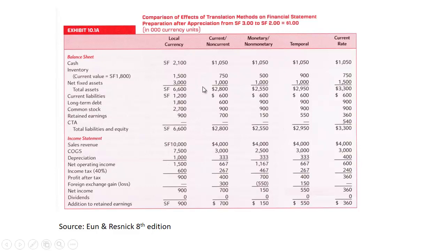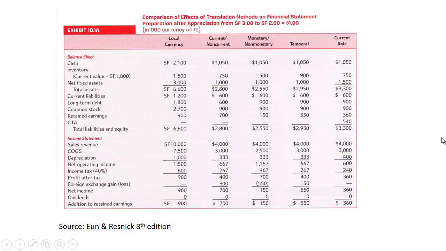So you can see, and here the fixed assets are all converted at the historical rate, with the exception of the current rate method, where we use the current rate for everything except stockholders' equity. What you can see is this leads to different amounts of total assets, ranging from 2,550 to 3,300, depending on the translation method. So, this is an issue. As an analyst or somebody analyzing a company, you need to know what method they're using to translate their affiliates'